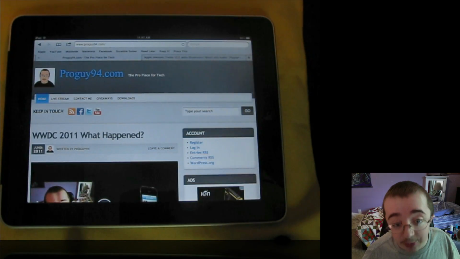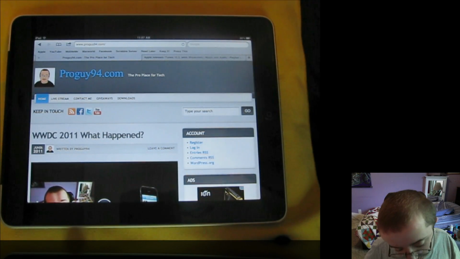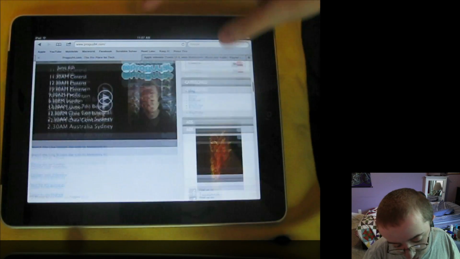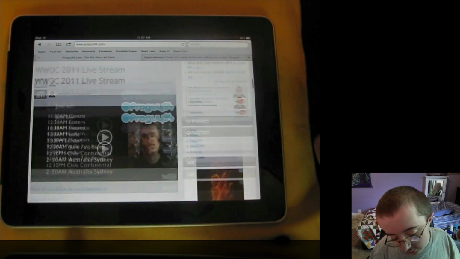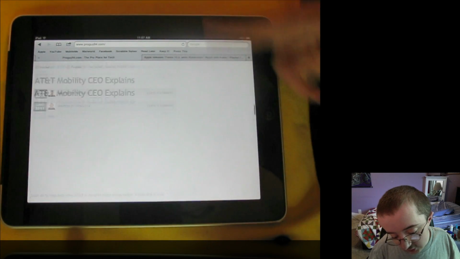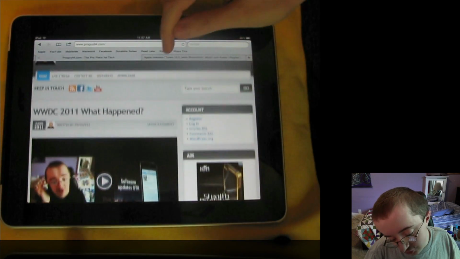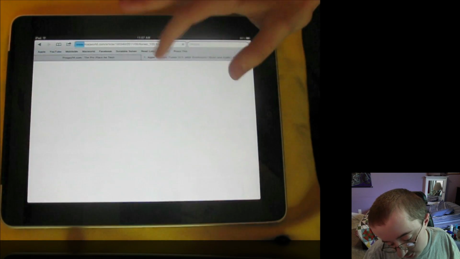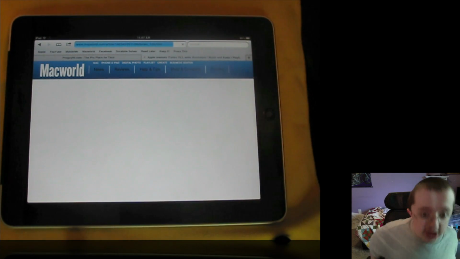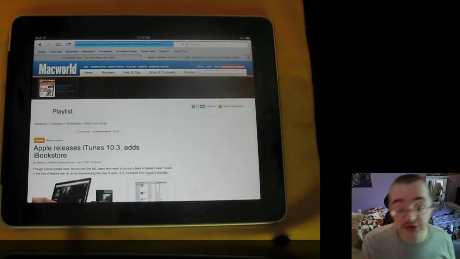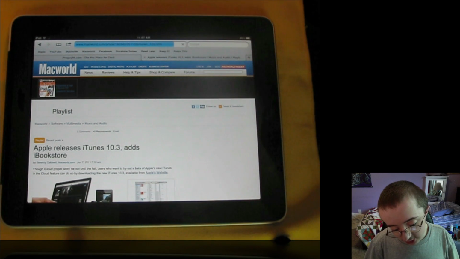So now you have tab browsing in Safari, which is really nice. So here's my website. It loads up really quickly, actually. It renders so much faster, even on the iPad 1. So it's so much more impressive to have. Now you have this tab browsing, which I think is years better. So now I can go to this article I've got loaded up here. It's going to load up. And I'm on a fairly fast Wi-Fi connection, so it's mostly the iPad 1's hardware, not the software. So now that it's loading up here,